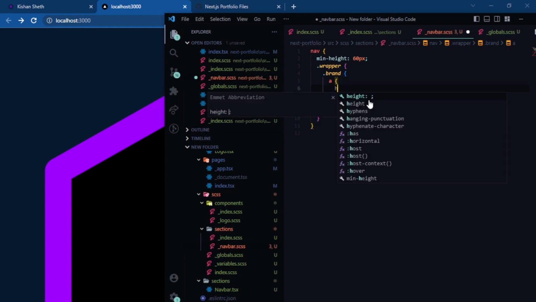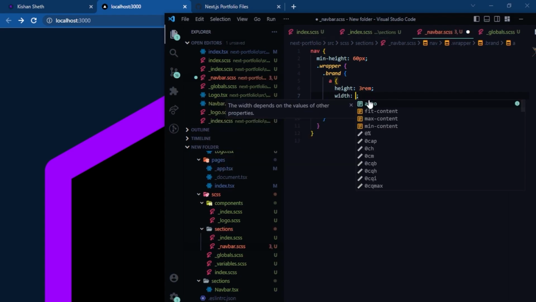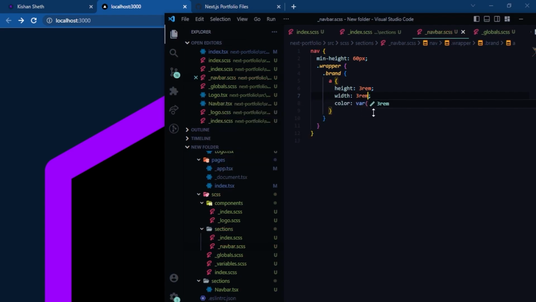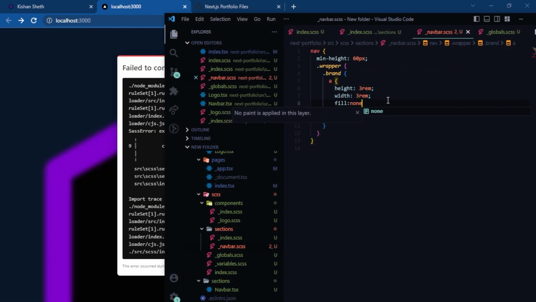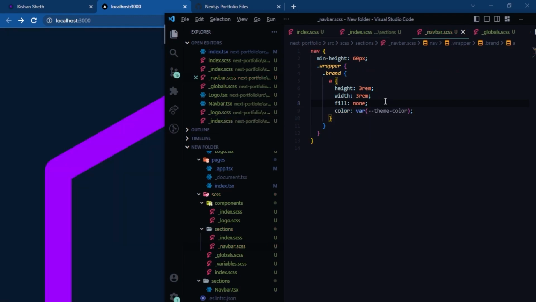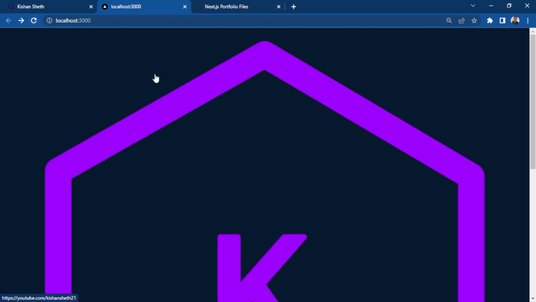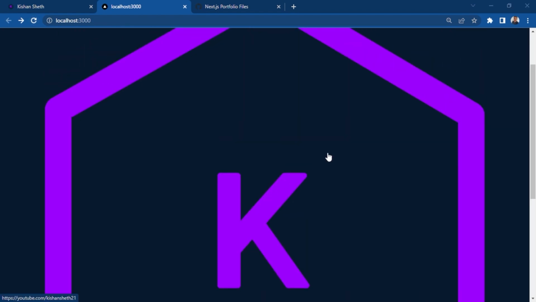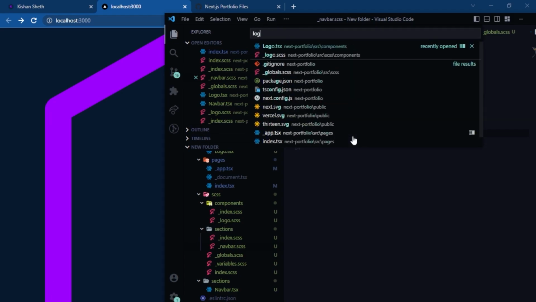And now let's give it a height of 3 rem and a width of 3 rem. Also provide this a fill of none. Okay, so the logo was visible. Refresh this, and I think we need to do one thing. Let's head over to the logo.scss,